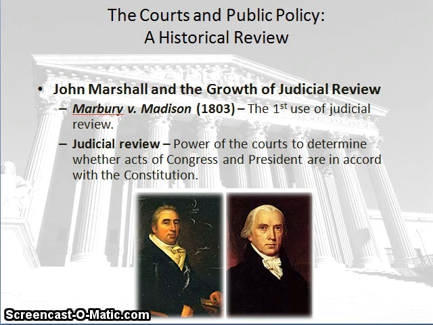John Marshall, Chief Justice, back in 1801 to 1835, established the Supreme Court's power of judicial review in the court case Marbury versus Madison. And as you know, the power of judicial review sets the judicial branch apart from the other 2 major federal government branches and gives the court an extremely high amount of power to declare acts of Congress or the president as constitutional or unconstitutional, which can change the course of how the executive and